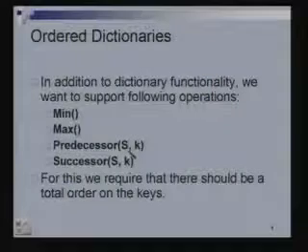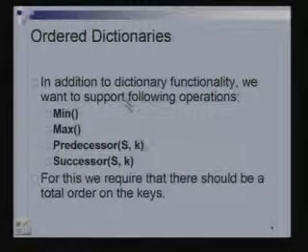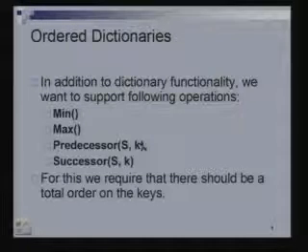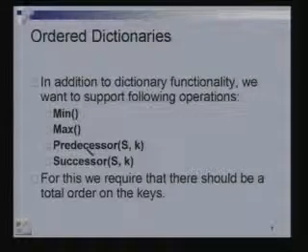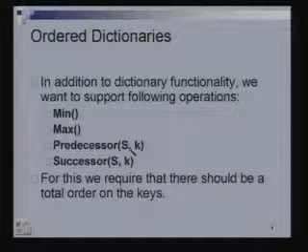What are the parameters you are passing to the predecessor and successor functions? I have just shown S, the ordered dictionary, as one of the parameters. It need not be. In particular, you could think of the predecessor as taking only one parameter, which is the particular key. So, predecessor of K would mean give me the key which precedes K in the total order, in the dictionary